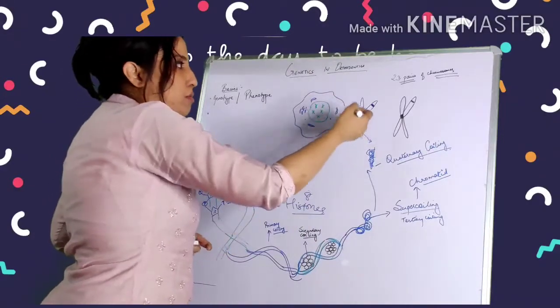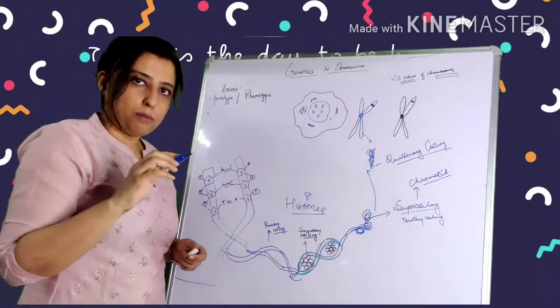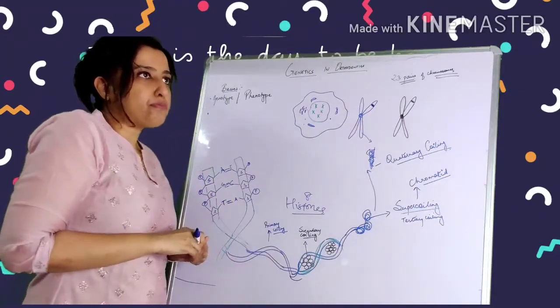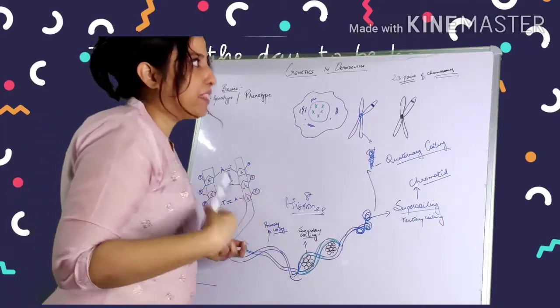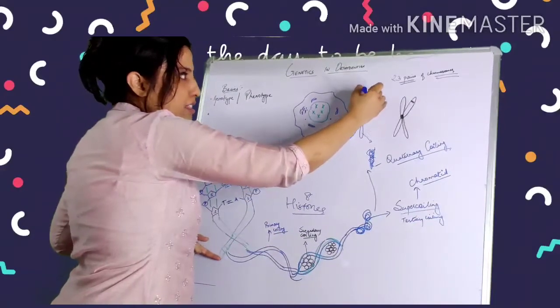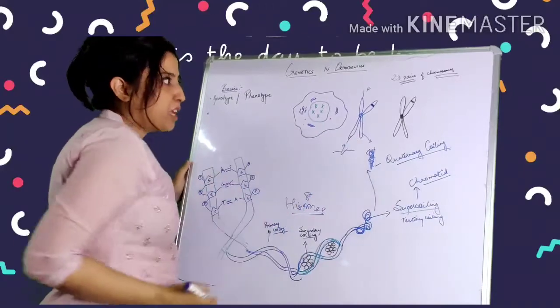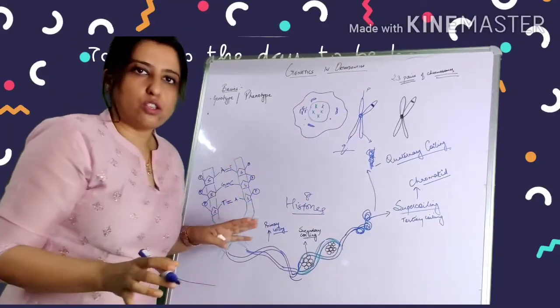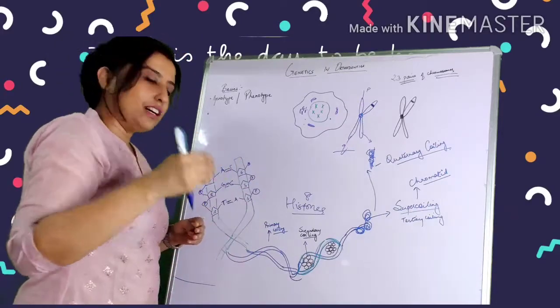Now these chromosomes, there are 23 pairs of chromosomes, that is 46 chromosomes in a human being, and we have around 3 billion base pairs in our genetic makeup in human beings. A chromosome has 2 legs, the shorter one, that is the P arm, and the longer one, that is the Q arm. So this is the whole structure of a chromosome.